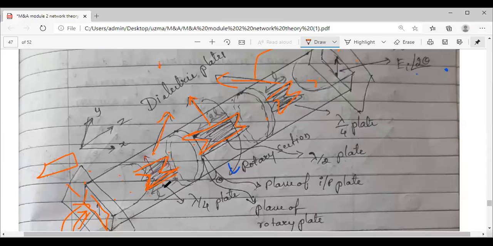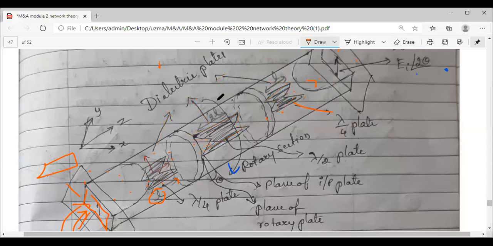Observe the length of this first plate and the third plate. The plates in your transition region, the length of these plates is equal to L. You can see the length is L. In the earlier dielectric phase shifter also we have seen the length of the material which you put inside the waveguide is L. And even the third plate also has the length L. But what about the center plate?